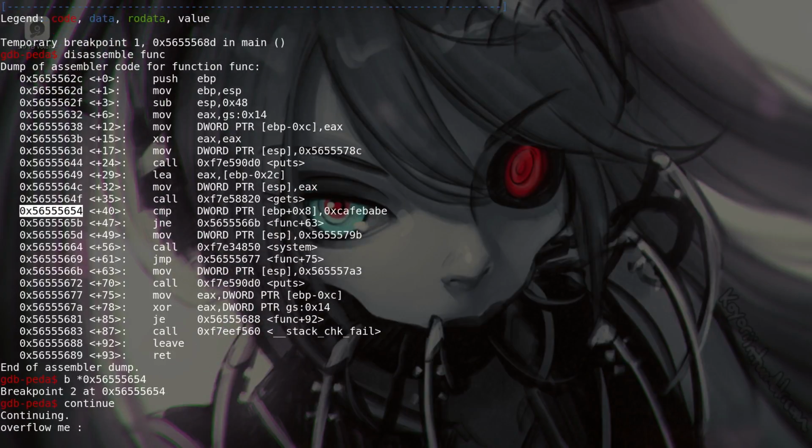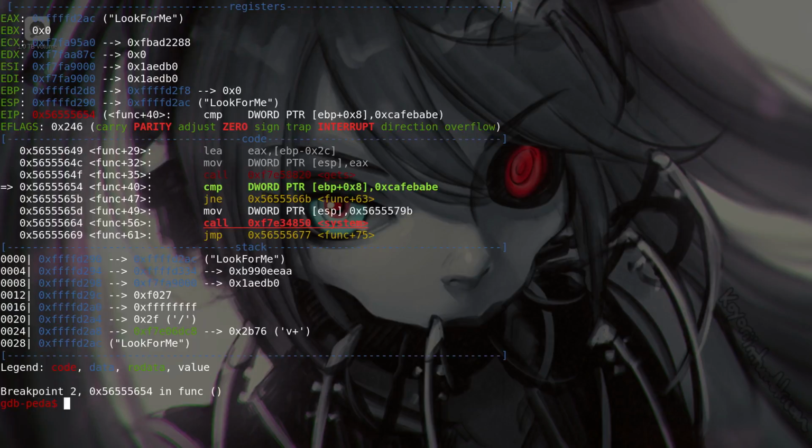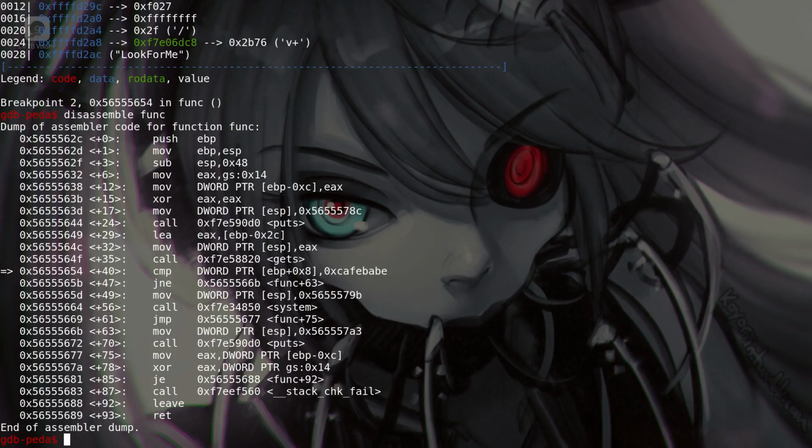So now we're given that overflow me prompt, so we can give it pretty much anything. In this case, I'm just going to say "look for me." Okay, and then we can again disassemble the function, and now we have a little pointer for where we are in our execution. Since we're trying to overflow our buffer and then overwrite it,